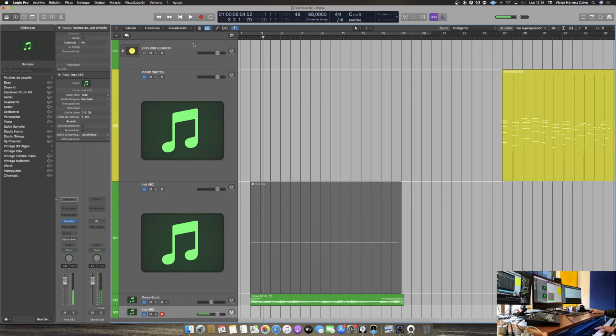So you know what happens? I like the sound of this, but it's like too... I don't know, like invading too much of the space. So I'm not sure if maybe reducing the sound. So